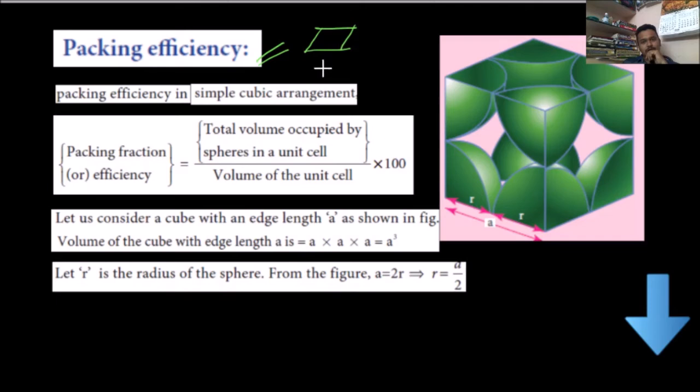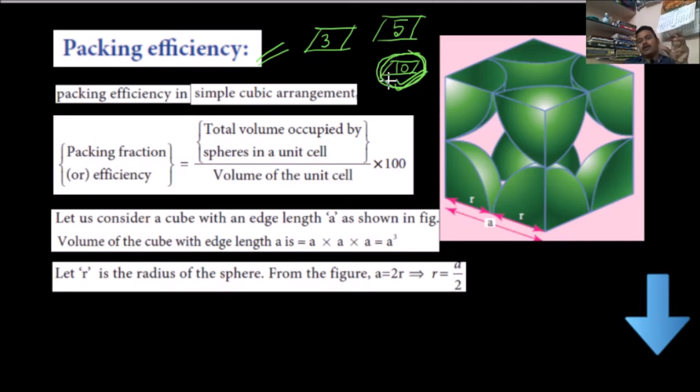For example, I have a suitcase. In this one, 3 shirts are there, and in the second suitcase, 5 shirts are there, and in the third suitcase, 10 shirts are there. Out of these 3, which is tightly packed? Obviously the third one is tightly packed, so the packing efficiency of this suitcase is more.